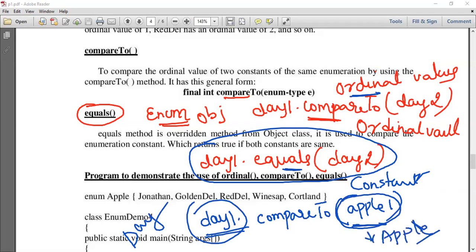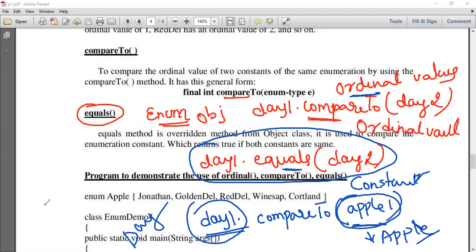So they are completely different. Is it possible to have a comparison method on different enumerators? It is completely possible, because compareTo compares the ordinal values. So the ordinal value of day1 and the ordinal value of apple1 will be compared. It doesn't matter whether those constants are the same or not.